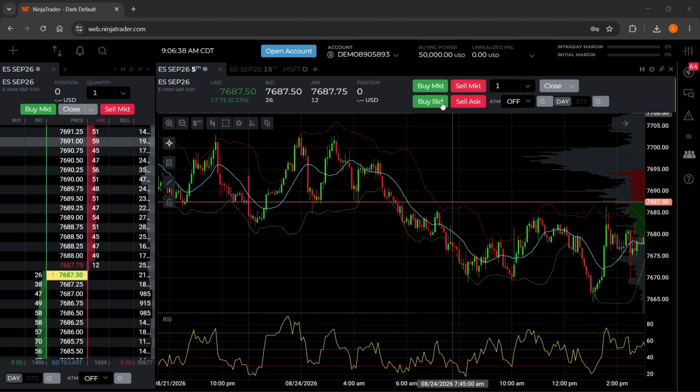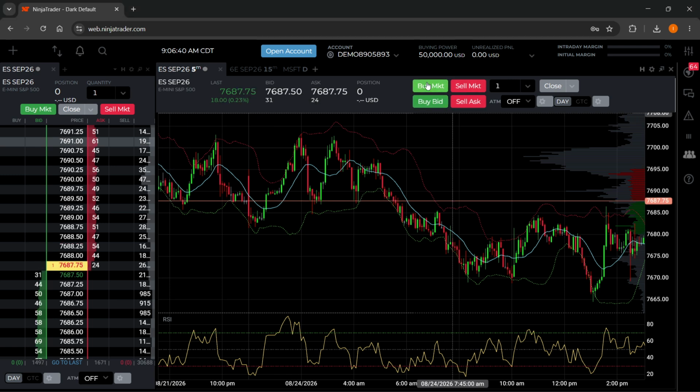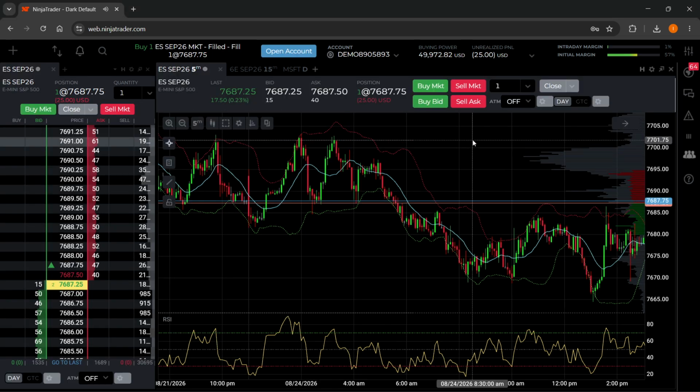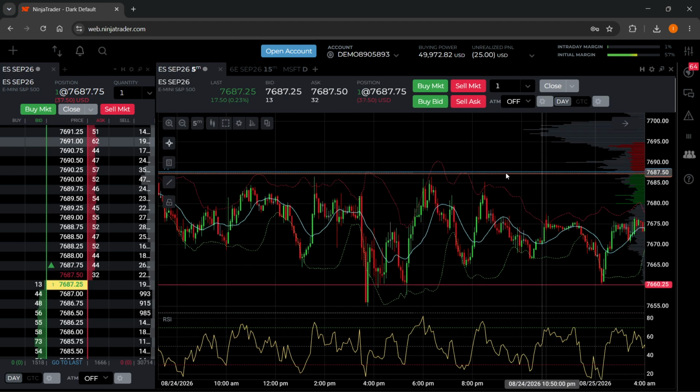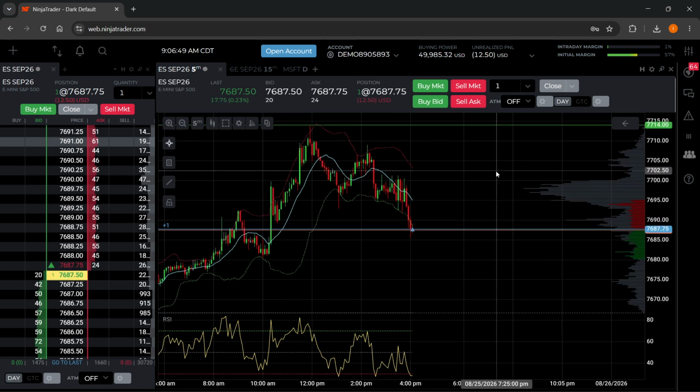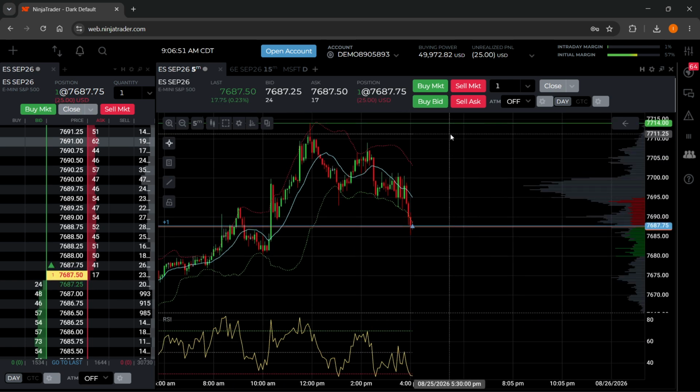Now by default, you can then go and buy or sell over here, and if you do this, as you can see, we're just going to say order filled, and there's not going to be any stop losses on there, okay? So if you actually want to fix this, if you want to add a stop loss, you would go